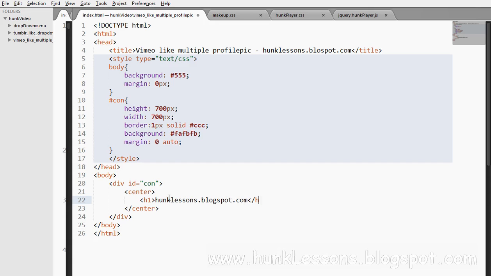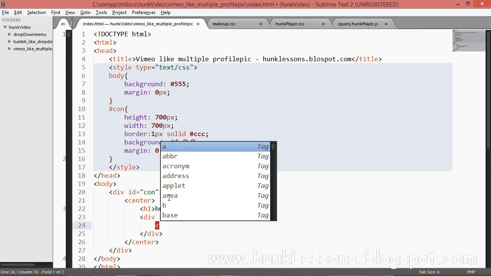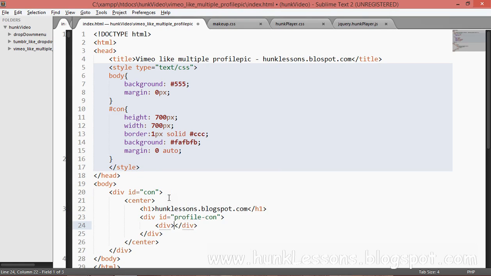Visit my website, guys. Okay, now we will make a div with an id of profile container.